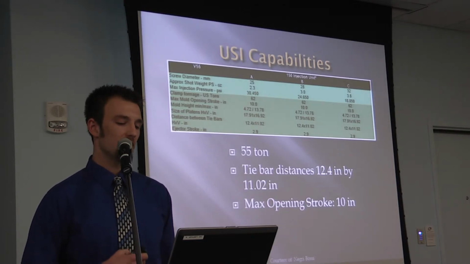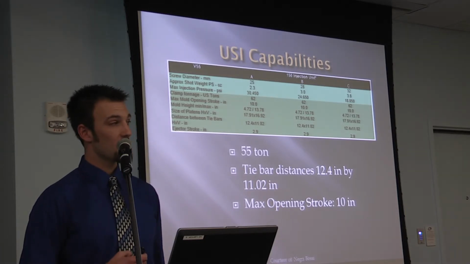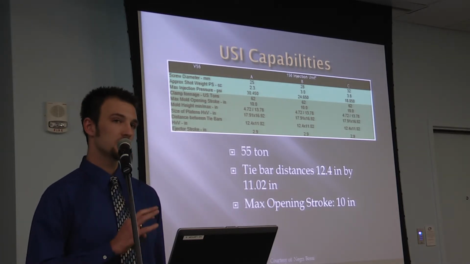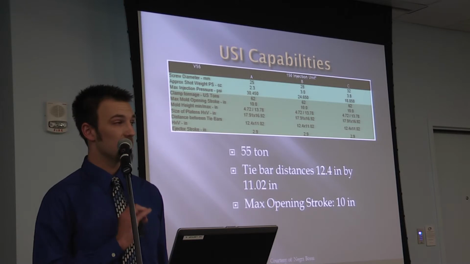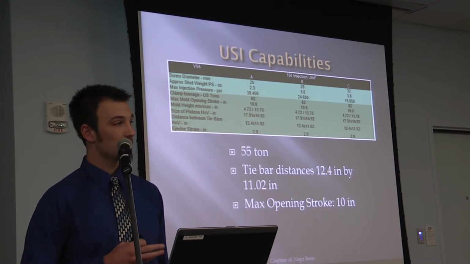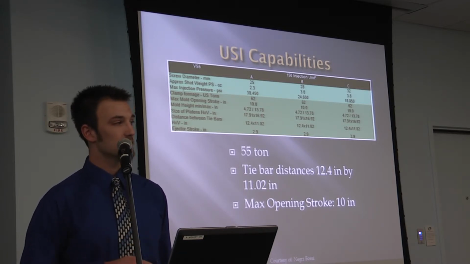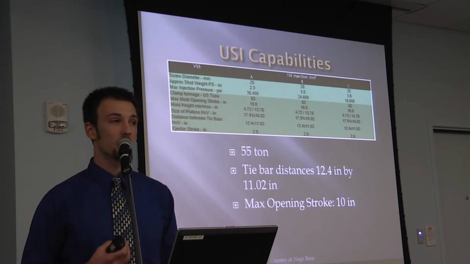The capabilities we have here at USI: we have a 55-ton injection molding machine. The height between the tie bars, the 4 steel bars that run in the center of each injection molding machine, is 12 inches in height, 11 inches in width, and the opening stroke is only 10 inches. So this tells me that this is the largest mold that we are able to have